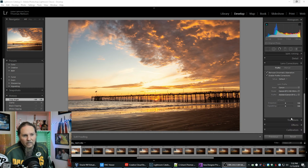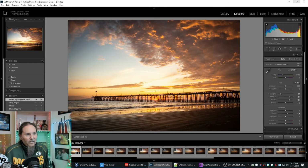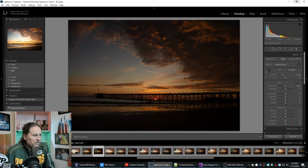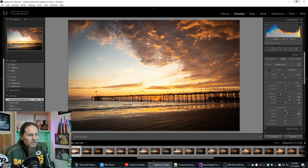If I put a little vignette on it, to give it a little into the middle. I don't know if I would want to, I didn't take any higher exposure. I think the next one is darker, and that one's even darker. So this is the brightest one. So I think I would keep this one. We're not going to get any detail on this side of the pier, really, because I didn't shoot full 2-stop HDR. I did 1-stop, just to be able to get a little bit of the contrast between